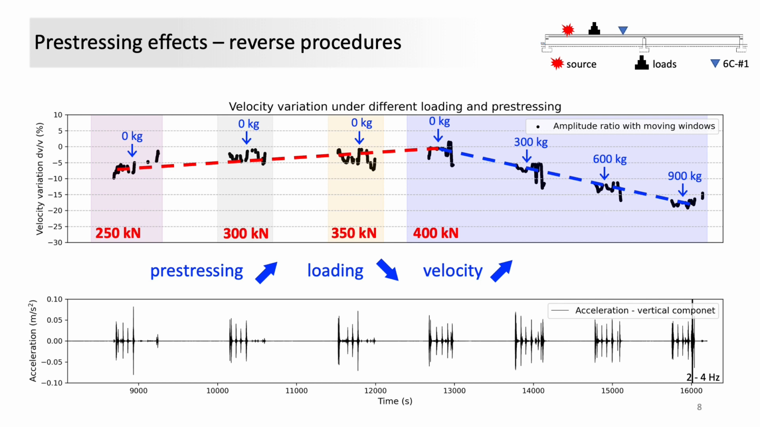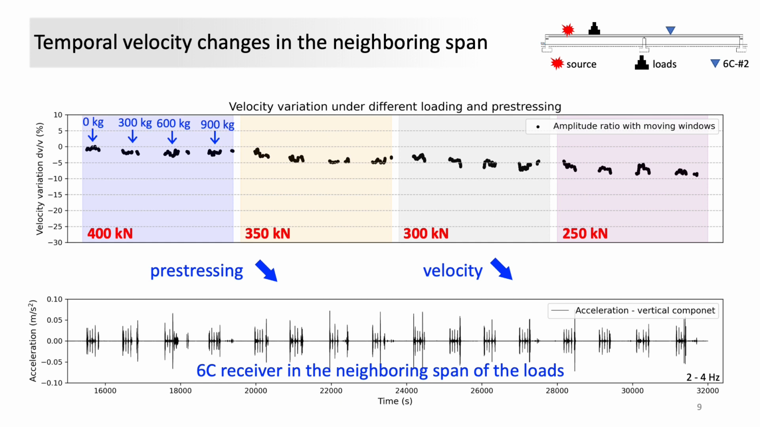What if we put the 6-component receiver on the neighboring span? Will the changing stack loads and the pre-stressing cause the same effects on it? For this concern, we apply the same algorithm to the other 6-component receivers on the neighboring span as indicated in the upper right corner. For each pre-stressing condition represented by the color block, the same changing stack loads are applied